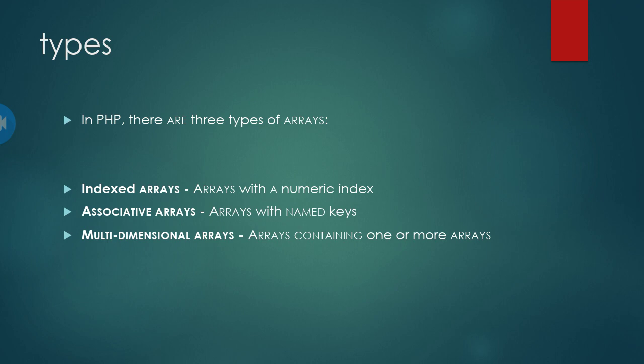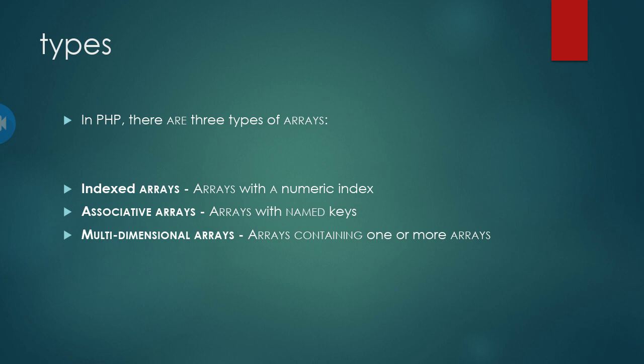For example, I have 5 values A, B, C, D. I will store them in an array, and on top of the array there will be index numbers 0, 1, 2, 3, 4. So A is at index number 0, B is at index number 2, and C is at index number 3. It is one of the most commonly used types of array, which provides us the facility that we can create an array with an index easily.